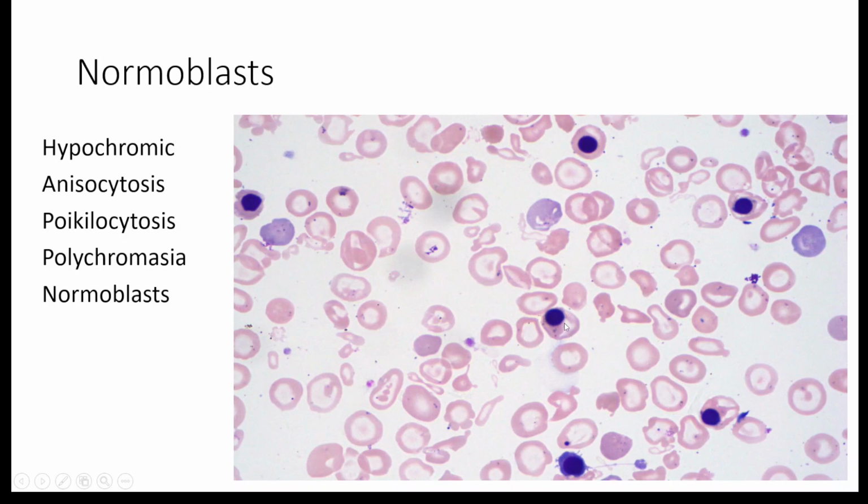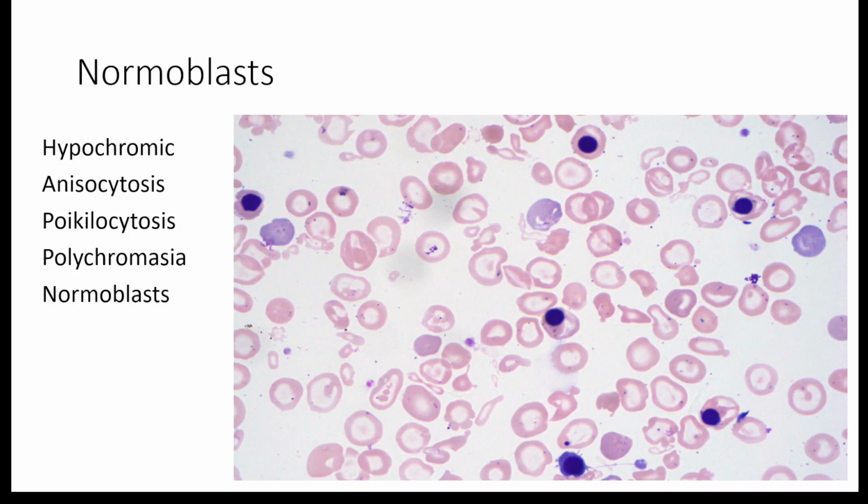So what are the things you're seeing in this smear? You're seeing microcytic RBCs, anisocytosis, poikilocytosis, polychromasia, and normoblasts. So this picture can occur in two conditions. What are the two conditions? One is a severe iron deficiency anemia in which the treatment has occurred and now the bone marrow is responding by producing a lot of RBCs. So that could be a classical picture of an iron deficiency anemia on treatment.